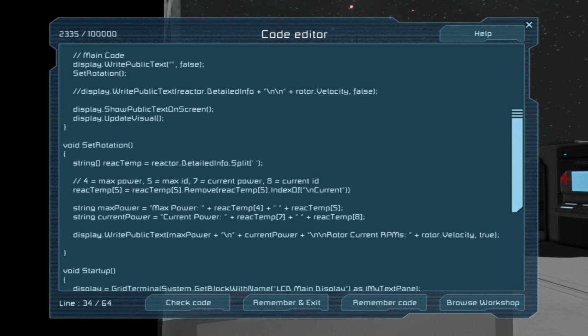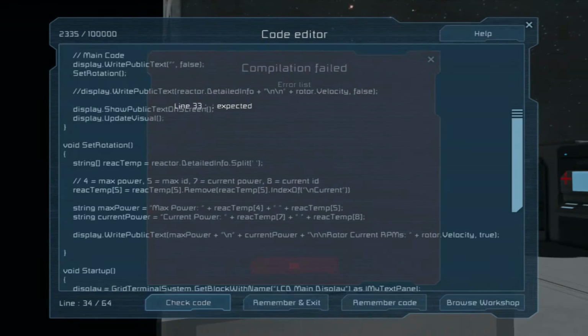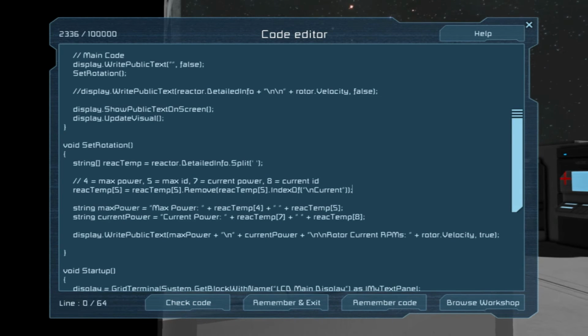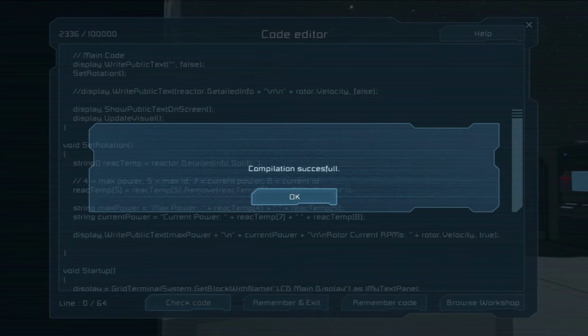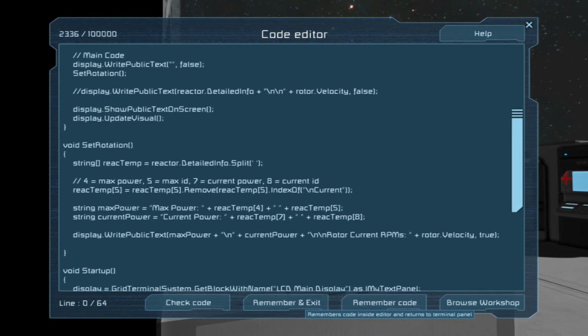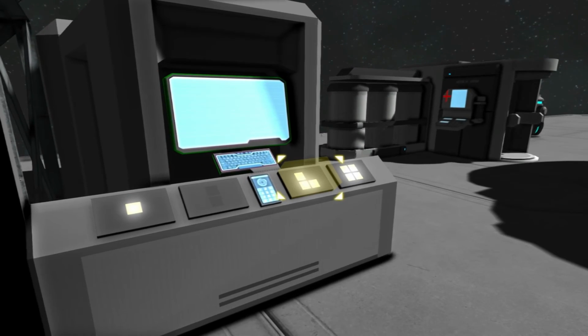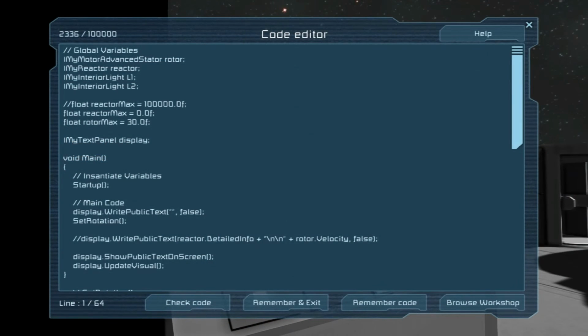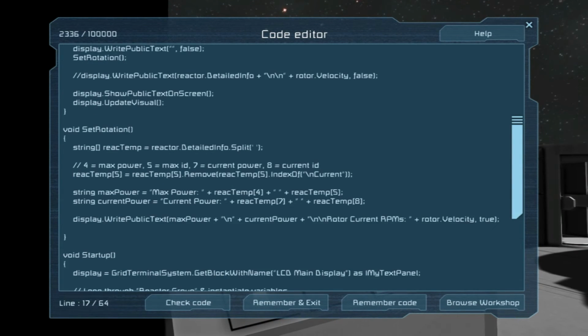So let's see if this works. If this still yields the data, then we're fine. Need a semicolon there. It might yield, like, nothing. I'm not sure. Nope, it's still giving us megawatts. Sweet. So we basically just cleaned that up to where we can just access this one now, and it's fine.